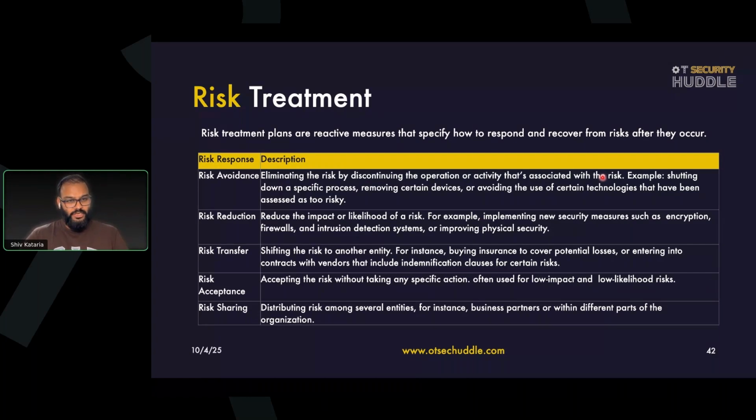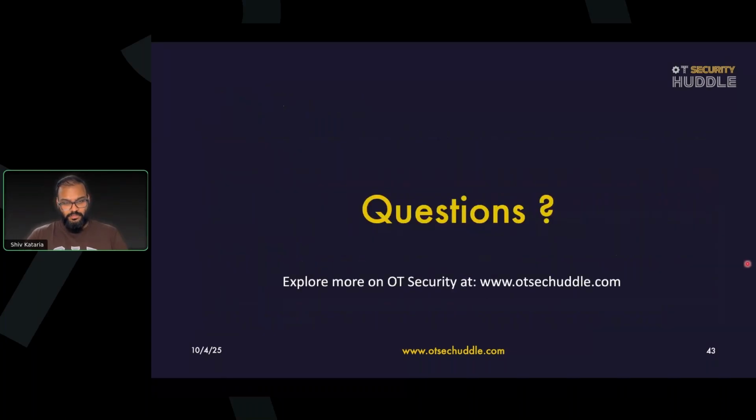Or you could share the risk with multiple different entities. If it's a bigger organization, there may be different substations, and then maybe they want to share the risk with different entities, implement that zone boundary security control, and so on and so forth. So this is about the essentials of doing a risk assessment, and also the methodological way of addressing these